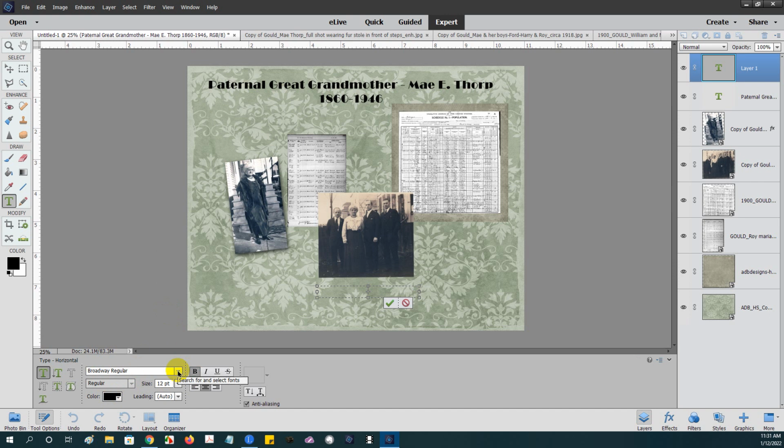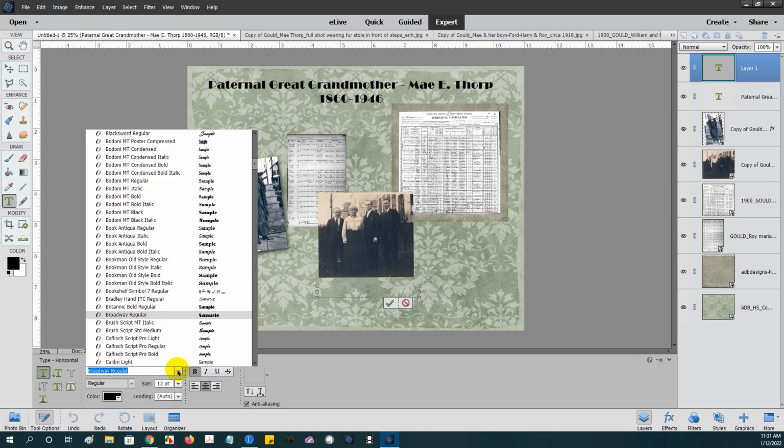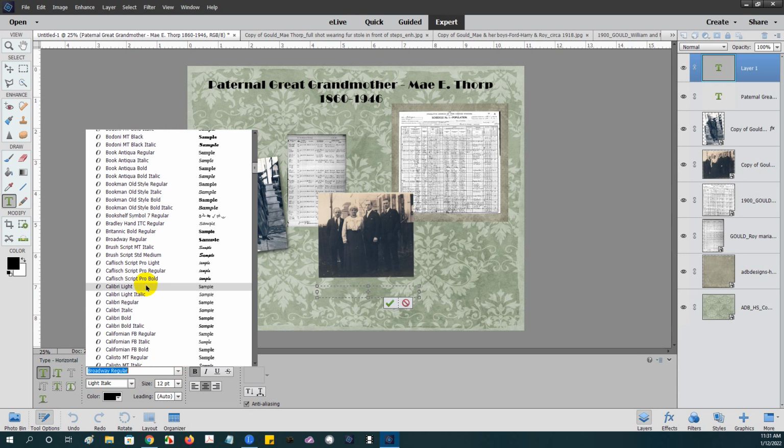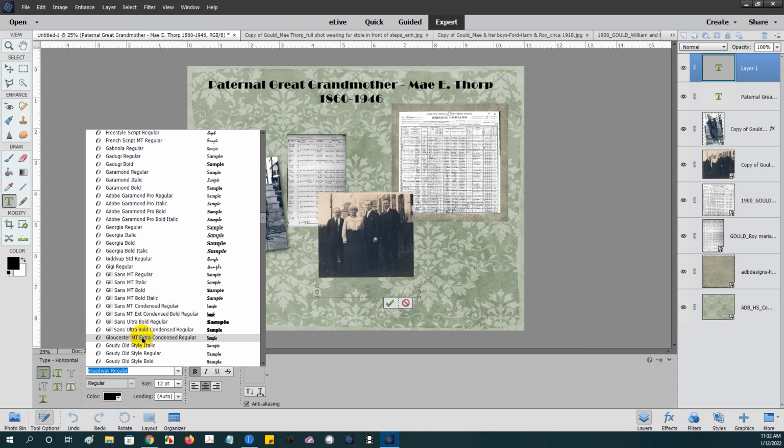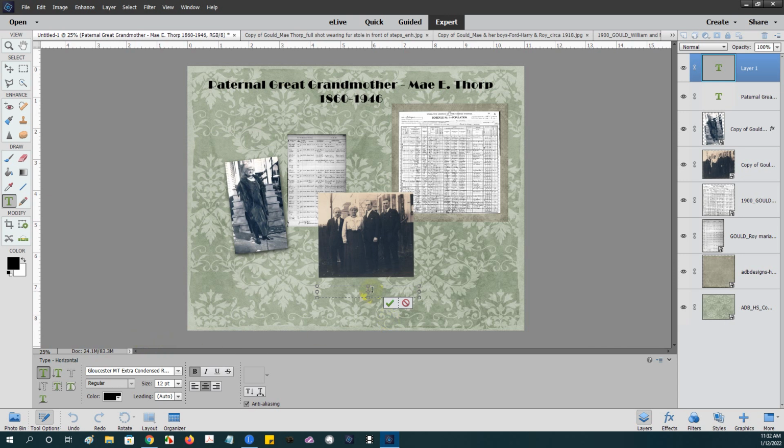And generally, I have my favorite fonts that I use for things. I don't want Broadway regular. I like this particular font called Gloucester. And that's what I'm going to use. So now the cursor is flashing in there. So you would go in here and you would put